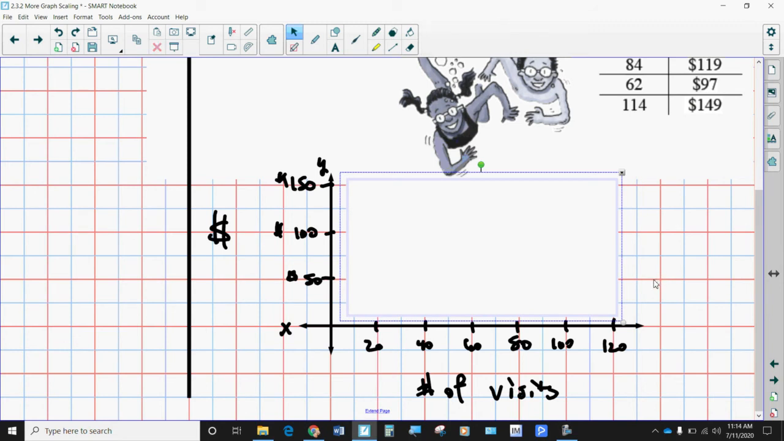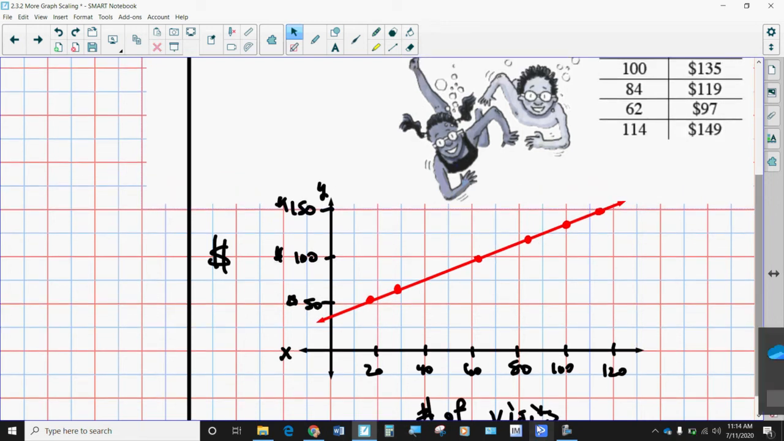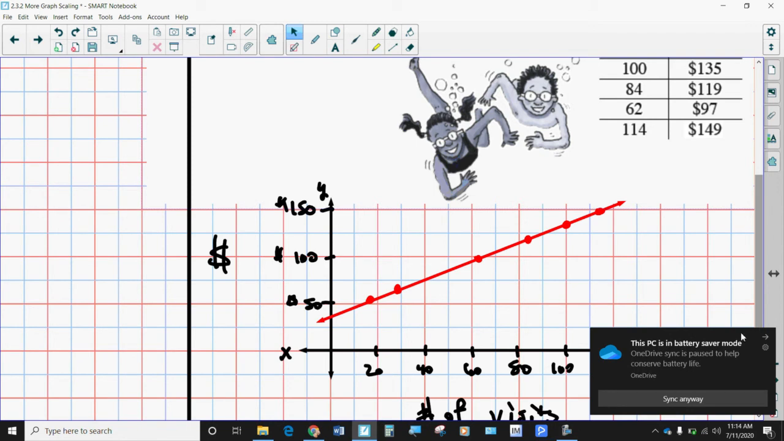Okay, let's see what this looks like. Wow, that's a pretty straight line, isn't it? Let's go to our farthest right and let's draw a line. And that looks like a very strong association. The reason why it's a strong association is because everybody,